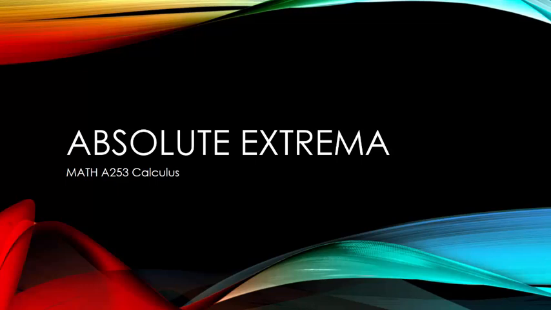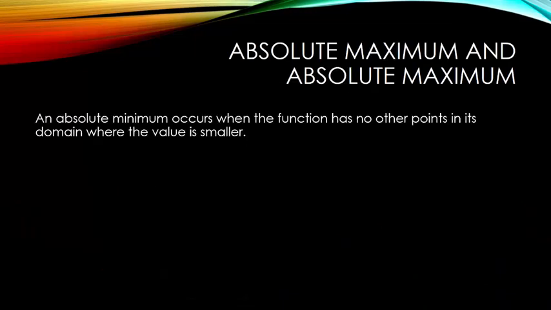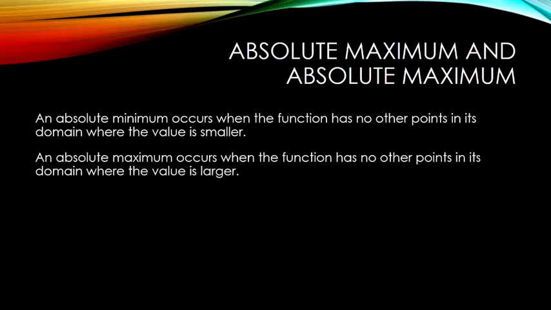Now we want to look at absolute extrema. An absolute minimum occurs when the function has no other points in its entire domain where the value is smaller. An absolute maximum occurs when a function has no other points in its entire domain where the function value is